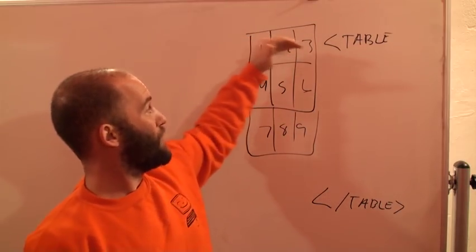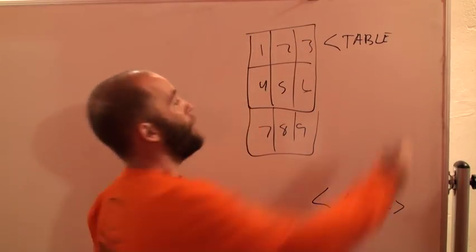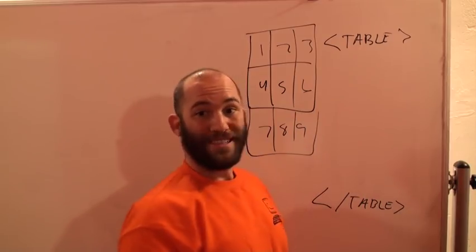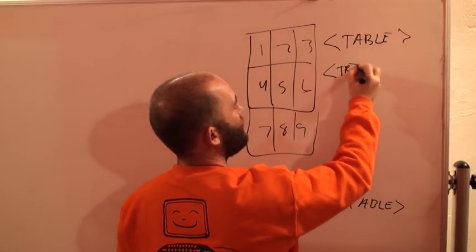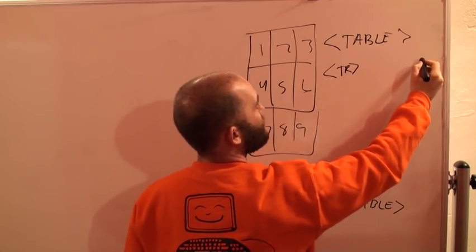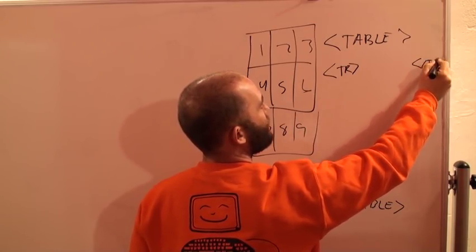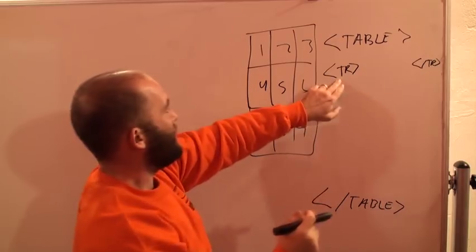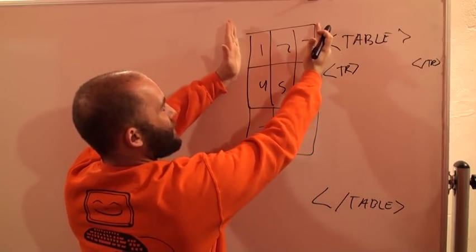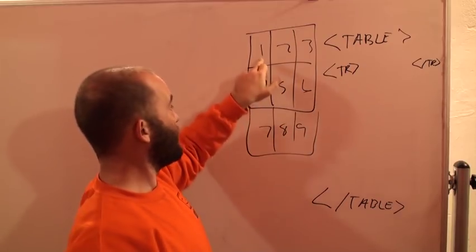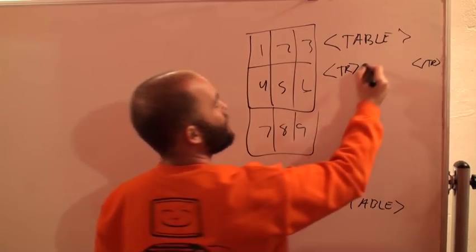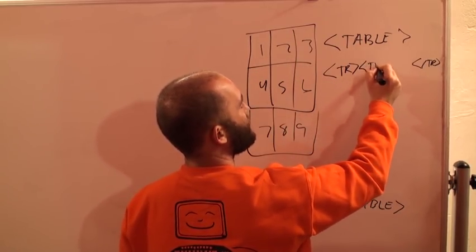So in order to create a row, you do the TR tag. So the TR tag opens and the TR tag closes. And so the TR, that opens and closes this entire row. Now within each block, you then use the TD tag. So TD,